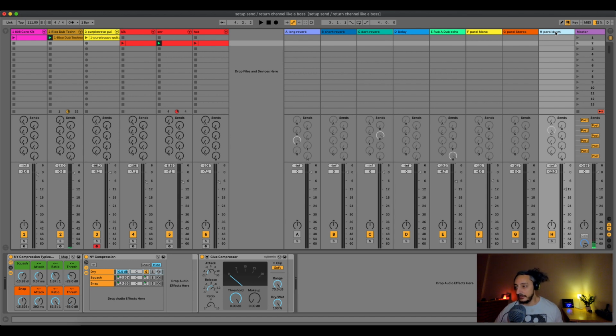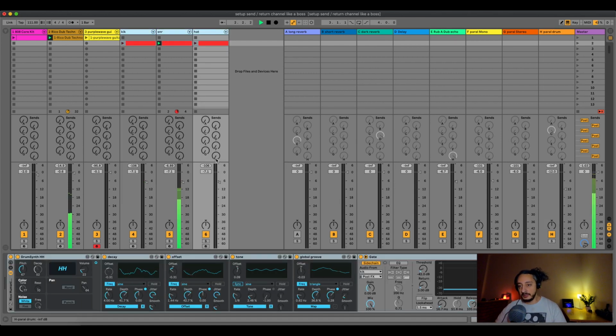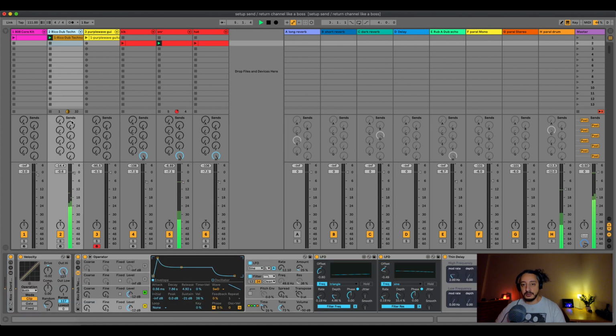I like to have the parallel compression on the drums on its own, and all the other sounds separated. I like to have the energy on the drums with the parallel compression. So let's put the parallel compression for the drums on the last one, and I'll just use the send. And then on this one, which is a sort of bass,